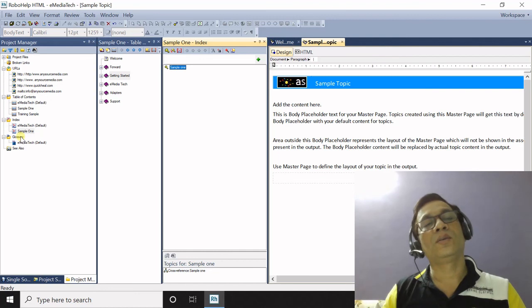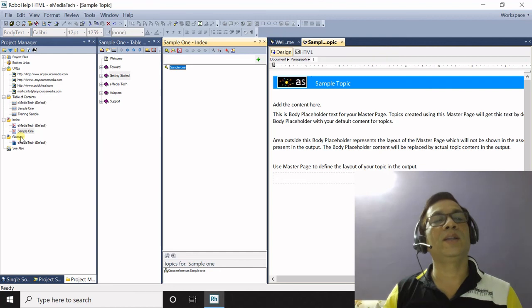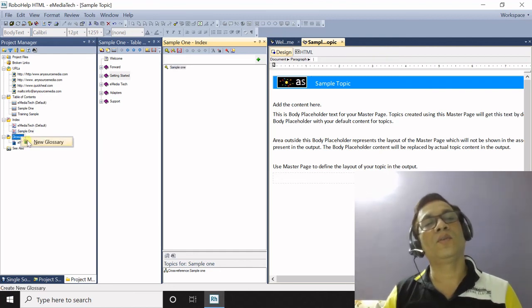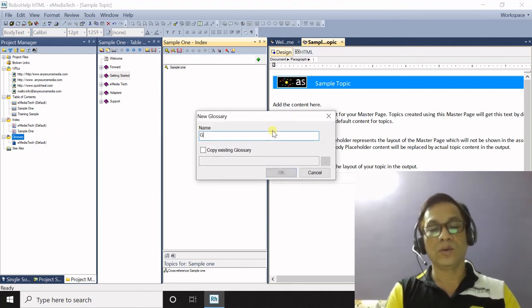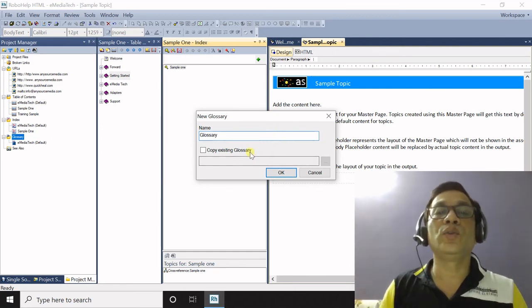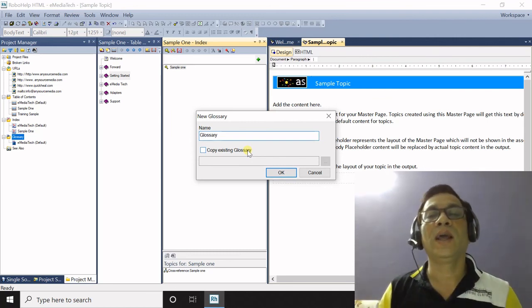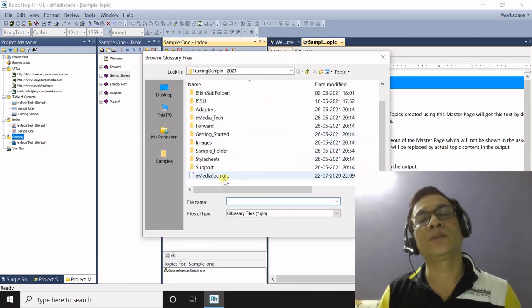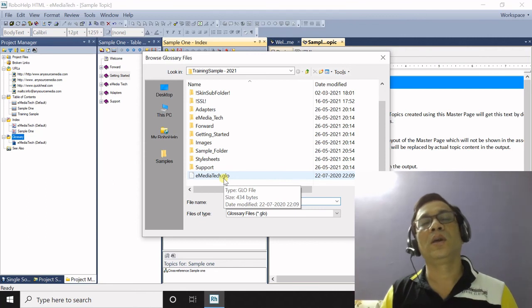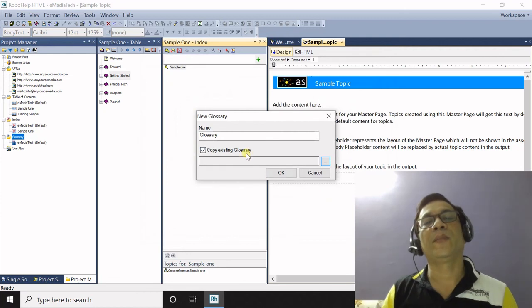Glossary, once again, we can create a glossary the same way as we created TOC and index. Right click the glossary folder and then click new glossary and then write glossary. If you are going to use the existing glossary, then you can select this option and then click this search button to find out where you have put this glossary list, and then you can select and click open to add this here.